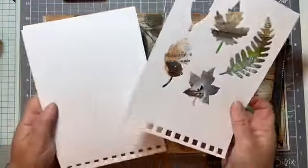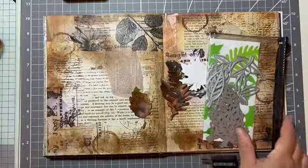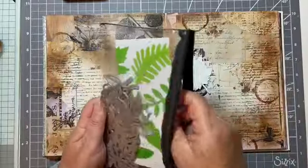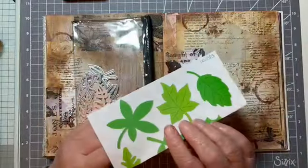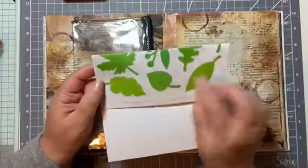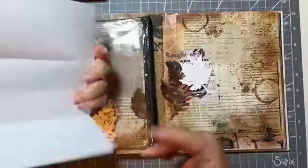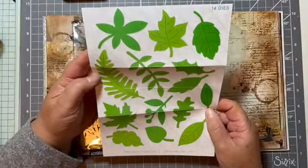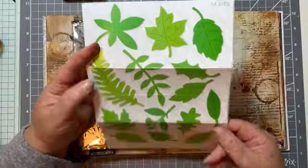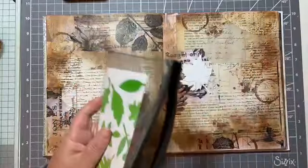It's been die cut from this mixed media paper, and these are the dies. It's X cut. You can see the X's in the background there. It's X cut Precision Products. Now, I think it's just called leaves. There wasn't anything else in the packaging, but I can see it's XC, which is X cut, and you get 14 dies. So that's quite handy,